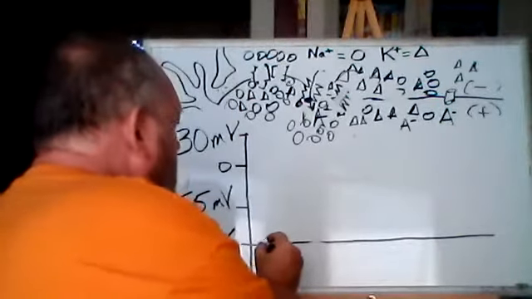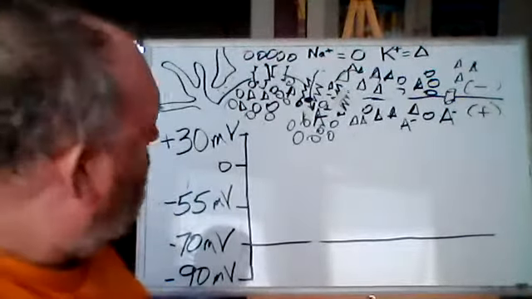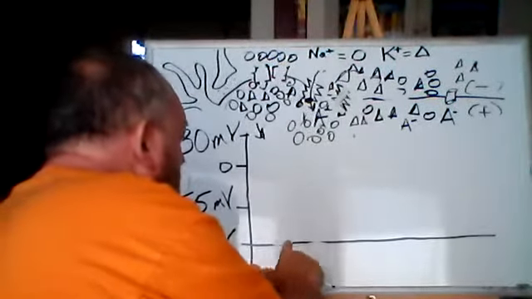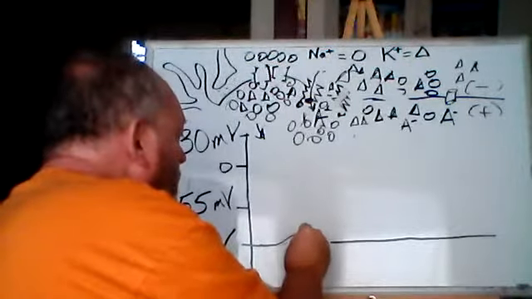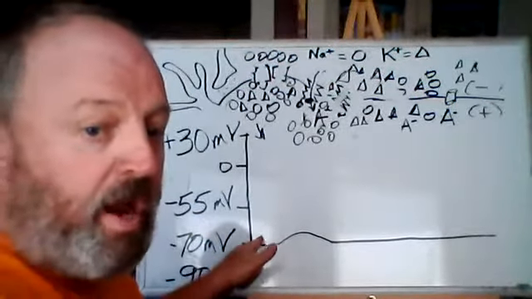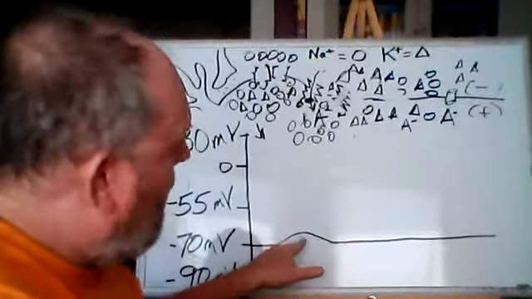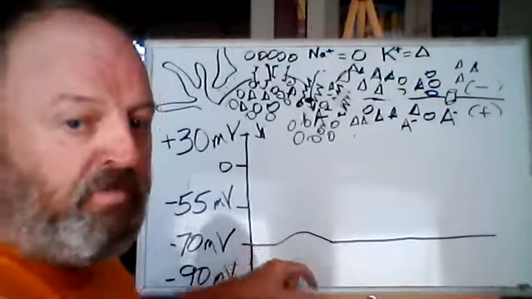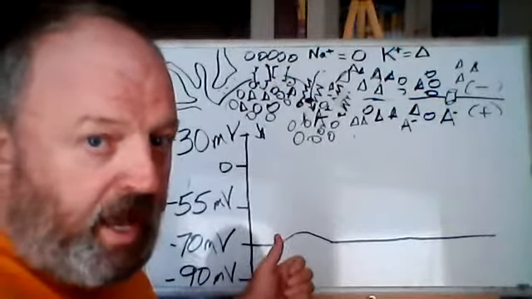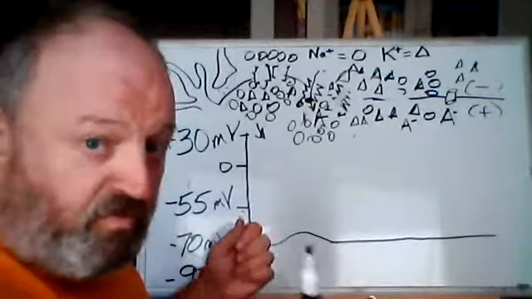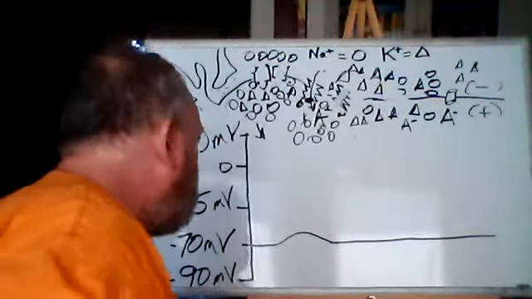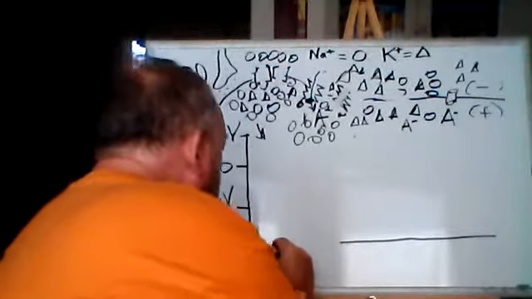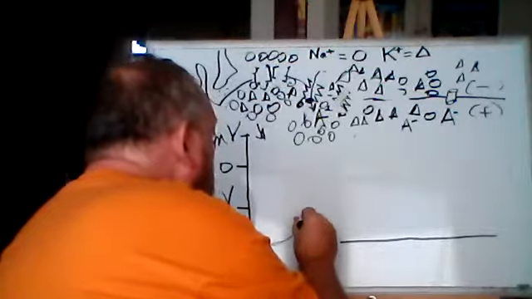Let me start over. A graded potential, which we saw up here, is going to be just a little change in the voltage of the membrane. It's going to have electronic spread, it's going to dissipate, and the membrane will go back to negative 70. So that's a graded potential. It happens, but it doesn't cause anything to happen. It's as if nothing ever happened as far as you're concerned. But if we have a strong enough change in the voltage where we reach that